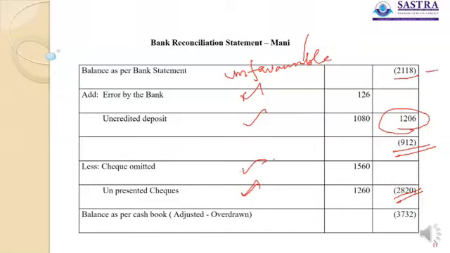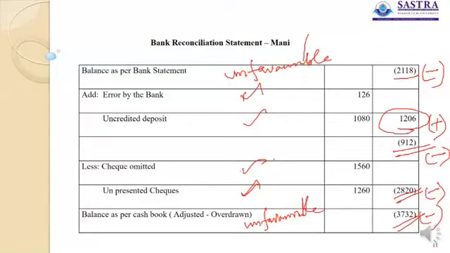So the symbol is that minus, plus. So excess of minus, again minus, 2820, again minus. So again the result is becoming minus, so that it is called unfavorable balance or adjusted overdrawn balance. See here, again the unfavorable balance has been arrived at. So in the previous questions we have seen only the positive balances or favorable balances. But in this question particularly, we have got the unfavorable balance.